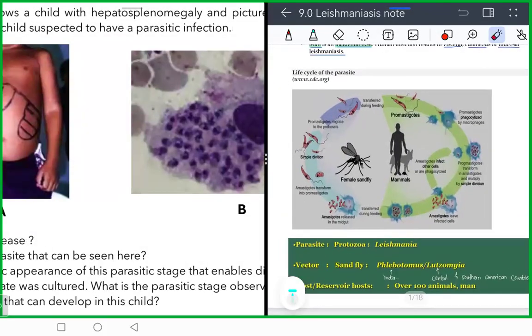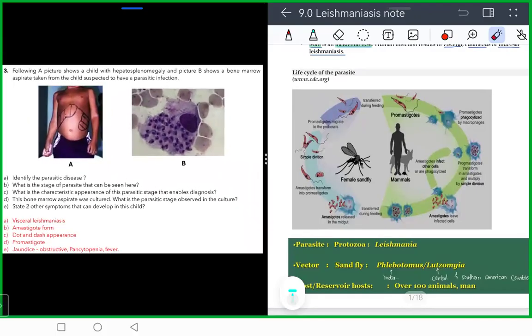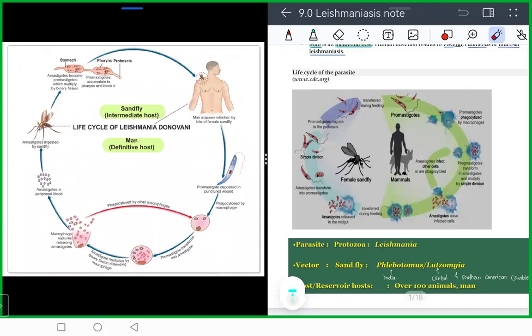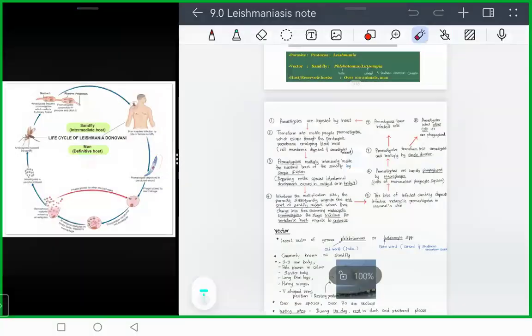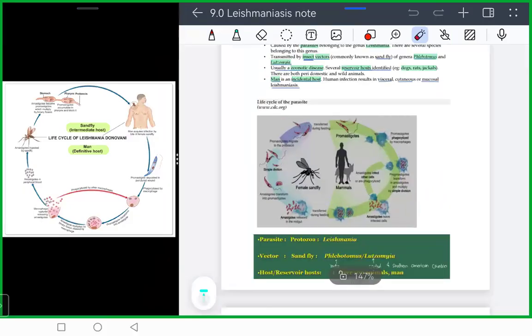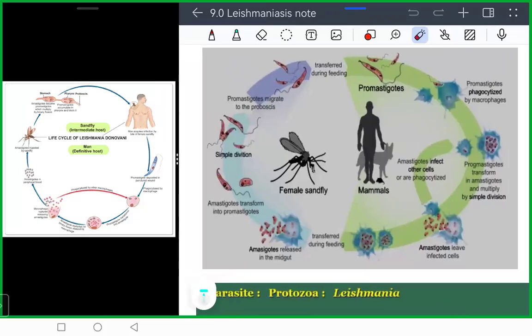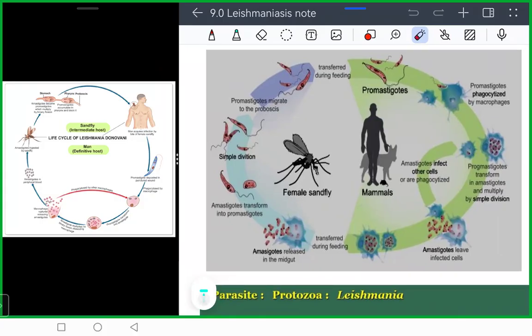In the Leishmaniasis life cycle, we have two stages. The first one is the promastigotes, which are the motile form, and the second one is the amastigotes, which are immotile, and those are in the macrophages of the reticuloendothelial system, which includes liver, spleen, and bone marrow. This causes the clinical syndrome and makes the hepatosplenomegaly and bone marrow suppression, which causes the pancytopenia. So those amastigotes